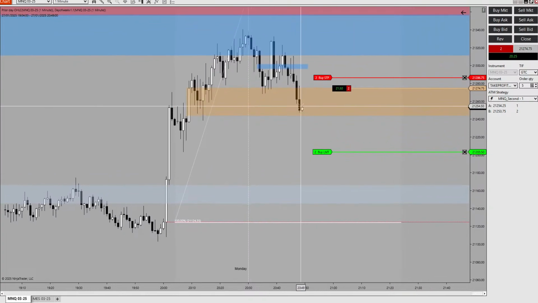We want to see price closing below this belt. This would be the first fair value gap of the day. So if price closes below it, then it would be going down for this liquidity. We have a small fair value gap here, which if it remains open, it's good for this trade.